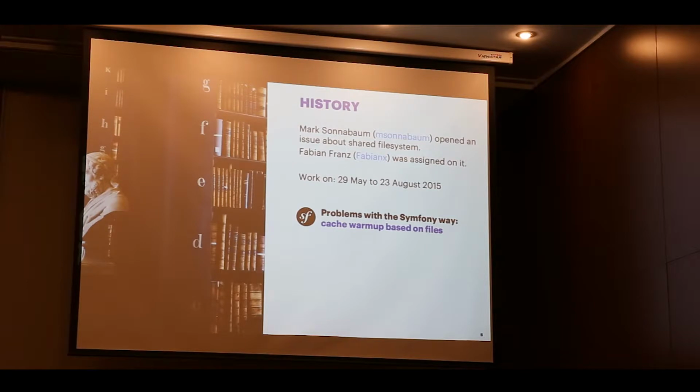The context. Everything began with an issue opened by Mark Sonnenberg about the shared file system. If you don't know, the Symfony dependency injection container is compiled into a PHP file for performance reasons.